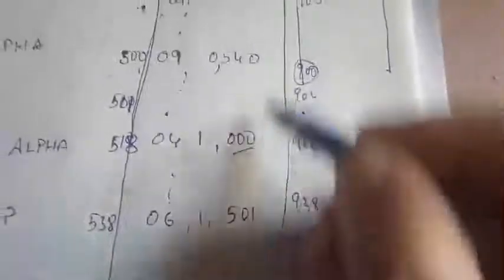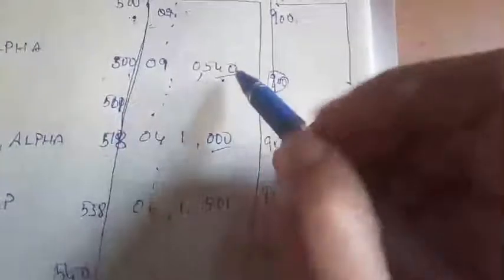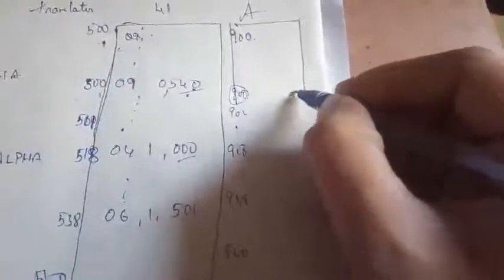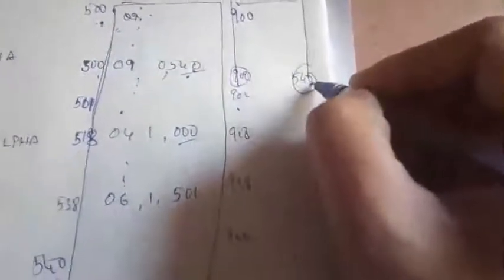But there are address-sensitive instructions. This one refers to location 540, but we have loaded that line at 940. Then what do we need to do? We need to relocate this. I can get the address if I add the relocation factor. The relocation factor is 900 minus 500, where 900 is the load address and 500 is the translated address. So we get 400. If I add that to 540, I get 940.